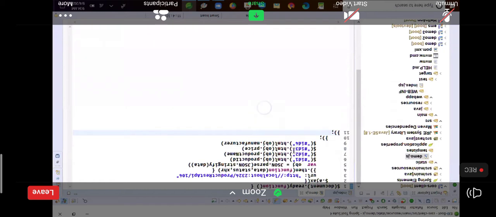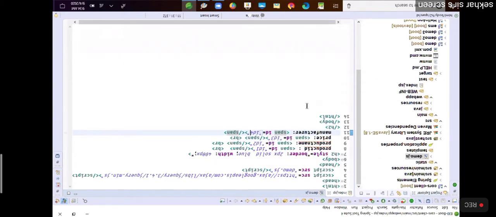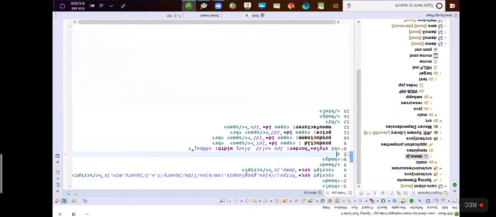Now let us run. What we want to do now is start our REST application. We also want to start our CARS client application, and send a request to the JSP file.